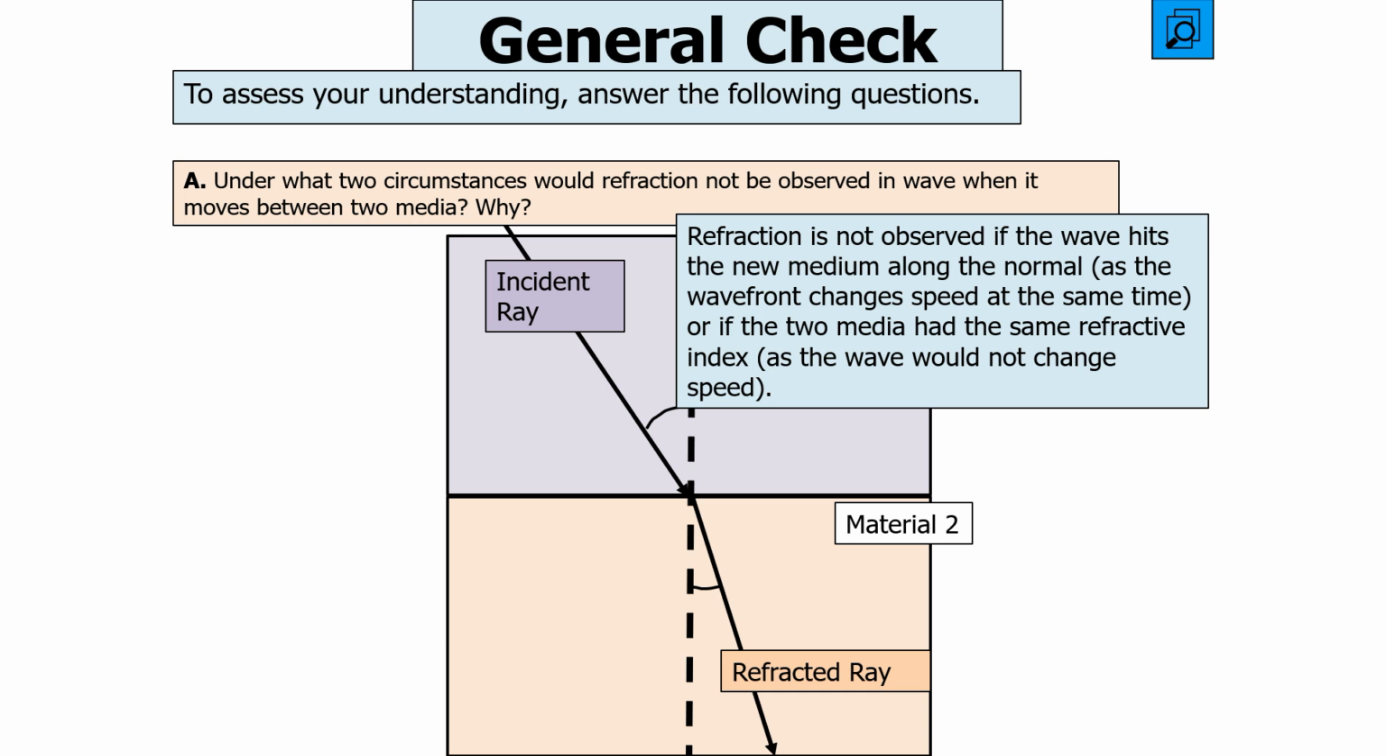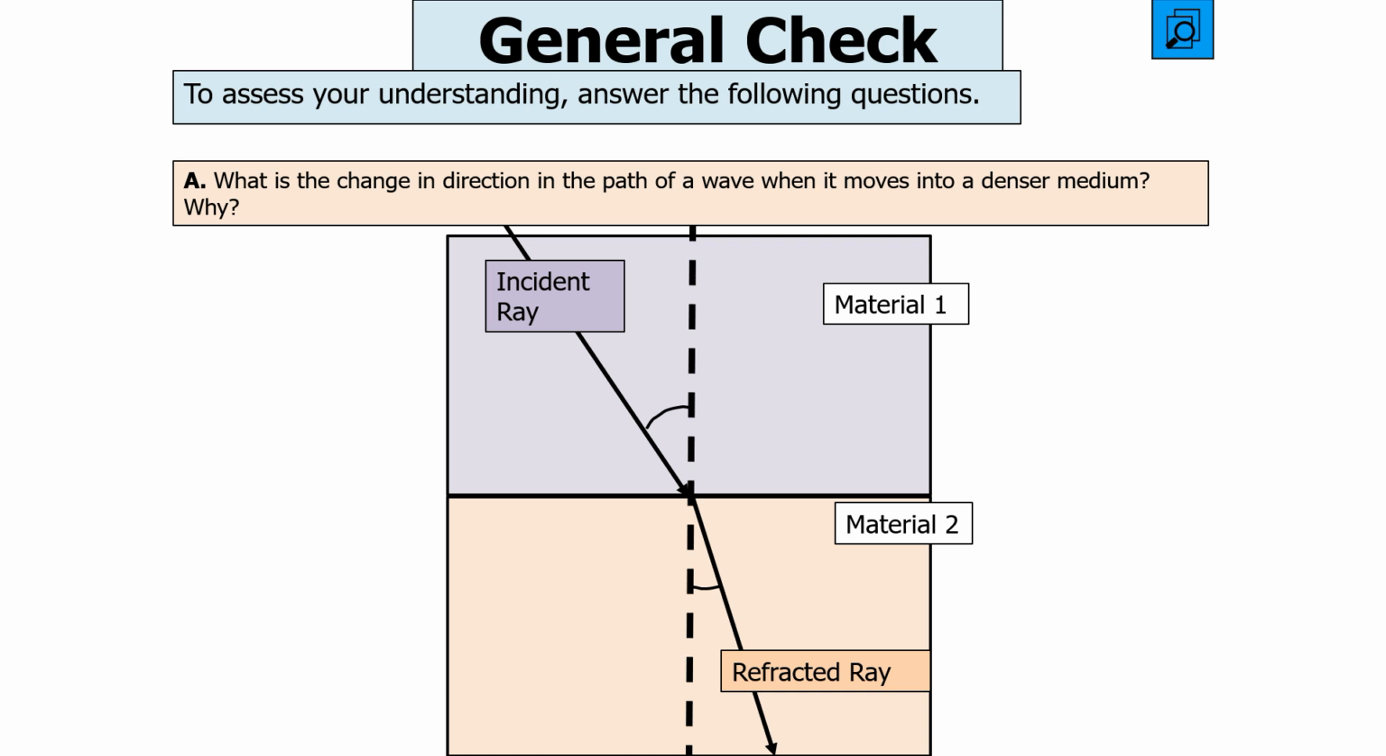Refraction is not observed if the wave hits the new medium along the normal, as the wavefront will change speed at the same time, or if the 2 media had the same refractive index, as the wave would not change speed at any point. What is the change in direction in the path of a wave when it moves into